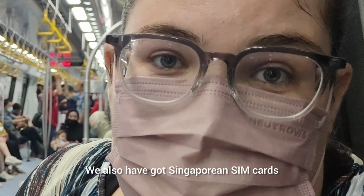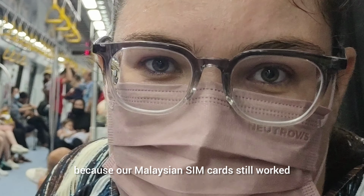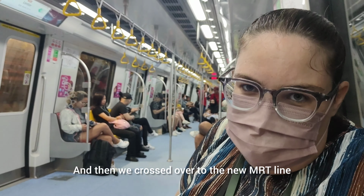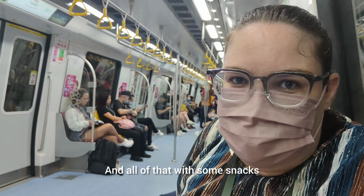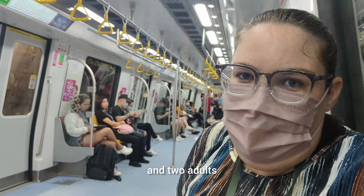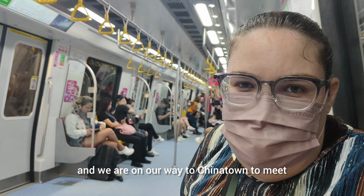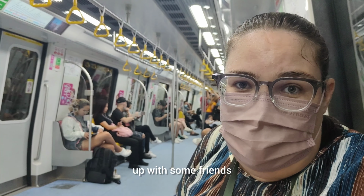We also got Singaporean SIM cards, because our Malaysian SIM cards still worked at the Woodlands Checkpoint, but by the time we got to the Woodlands MRT they were not working anymore. And then we crossed over to the new MRT line and we are on the train, and all of that with some snacks and some water, with some toilet breaks, with 3 kids and 2 adults, and it is just after 12 o'clock and we are on our way to Chinatown to meet up with some friends, grab some lunch,